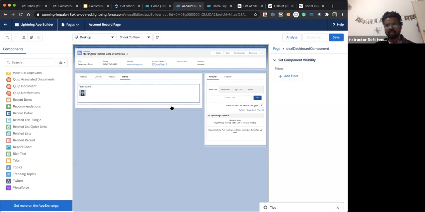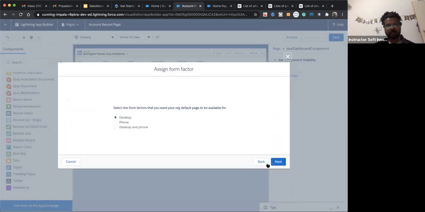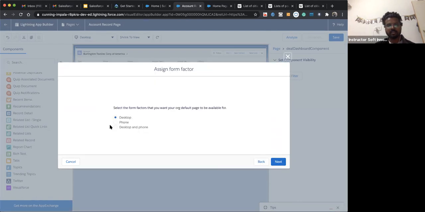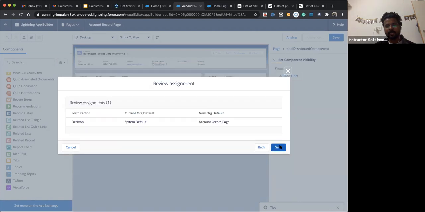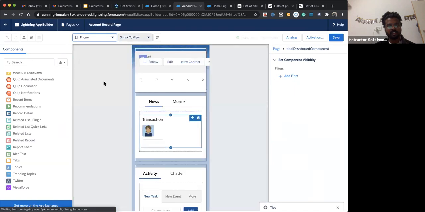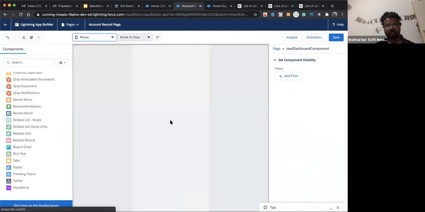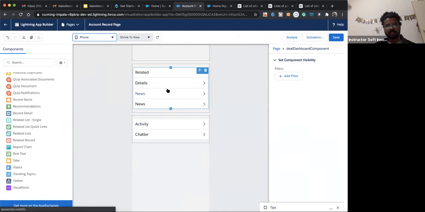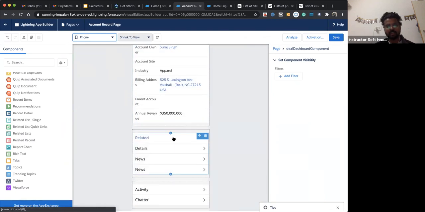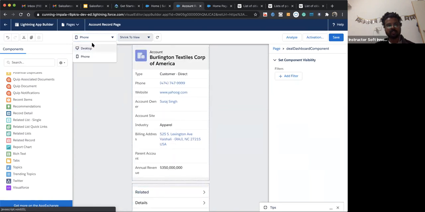Here it will also ask whether your changes will apply to desktop, phone, or both desktop and phone. Let's say okay, and we also have an option here to check how the UI looks on mobile and on desktop. On mobile it will show something like that, and on desktop something like that.